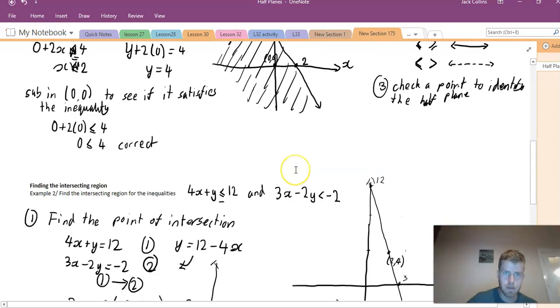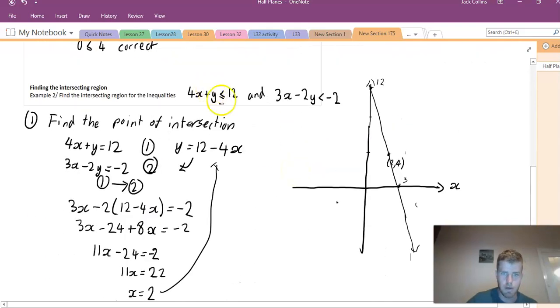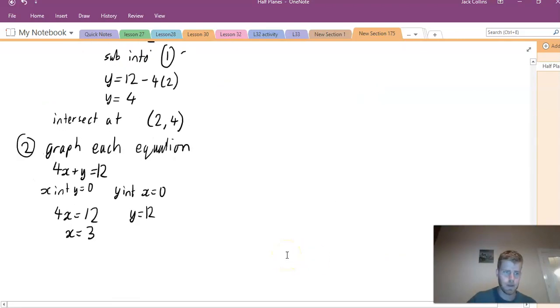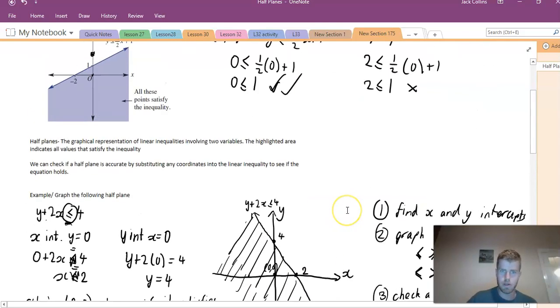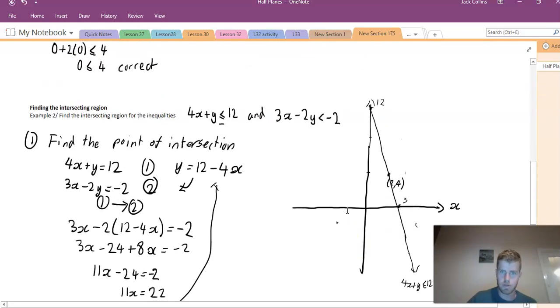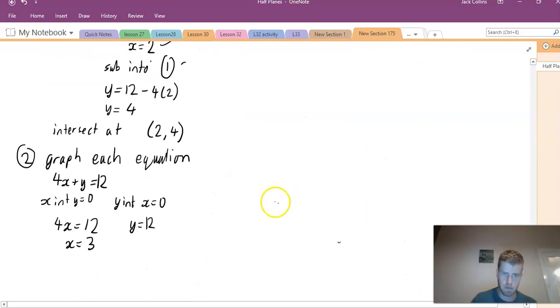our intercepts. So looking back up here, we can see that once again that's an equal to or less than sign, so we draw the solid line there. So that's 4x plus y equal to or less than 12. Always label them there. And then the other equation we're looking at is 3x minus 2y is less than negative